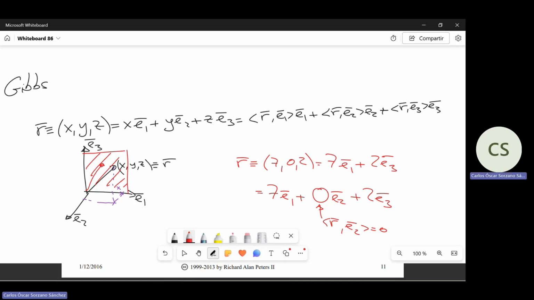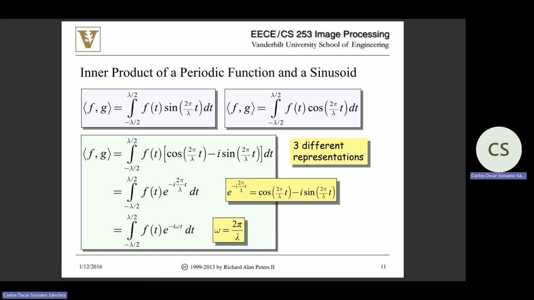Very good. So then, I think this presentation in which it's first presented with sines, cosines, and all that, I find quite confusing. So I will go directly to complex exponentials. That is the definition of the Fourier transform. Okay, so then